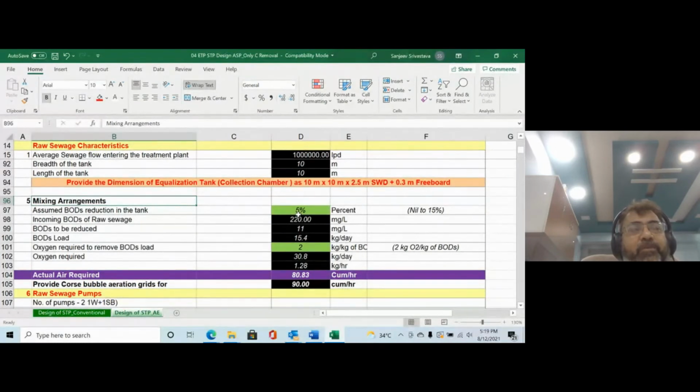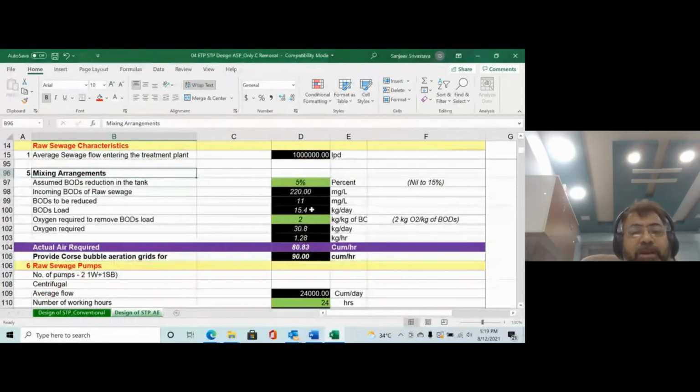0.3 to 0.4 cubic meter per cubic meter of the aeration tank volume should be the air, to keep it non-septic. If you follow this criteria, nobody is going to object to your design. So just put 5% here, nil to 15%. And incoming BOD from sewage, the BOD to be reduced is 11, BOD load is